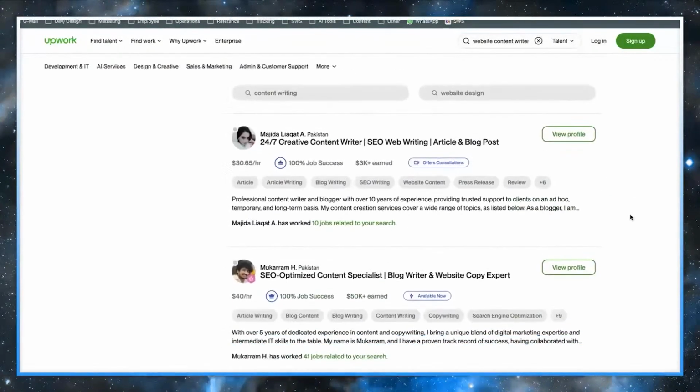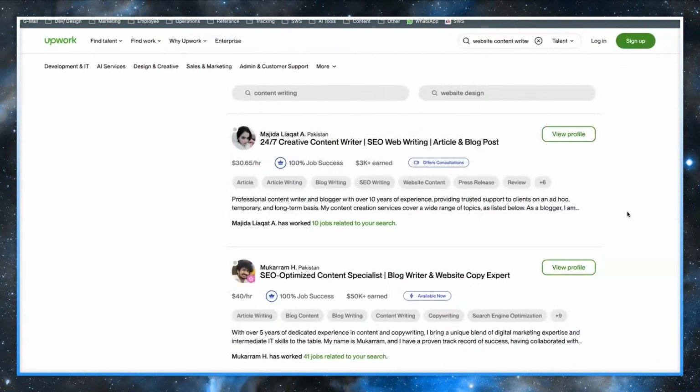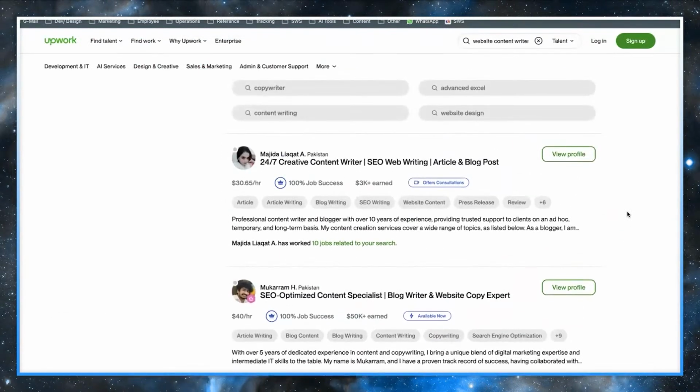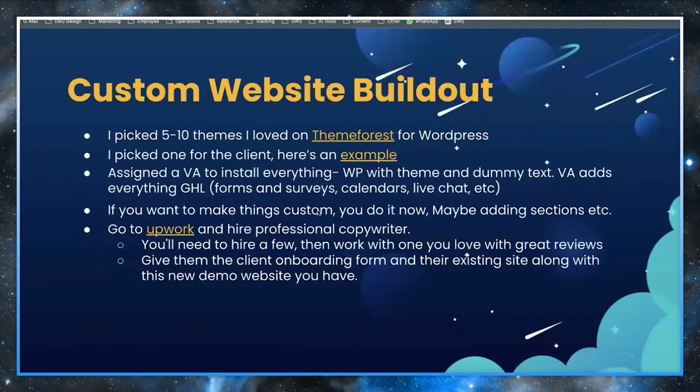If you're doing custom websites, you're charging $4,000, $5,000, $6,000. So if you're charging $6K, and for a more simplistic website like this that has services and all of this, it's not going to cost that much to have them write content across the whole website. The whole thing is going to be less than $1,000 and they will have done all of the work. So you're still pocketing $5,000 and then maybe outsourcing this for $1,000. And that's expensive, by the way. They should be done in half a day, a full day. So depending on their hourly rate, they should cost you $300, $400 to get content for the entire thing. $500, $600. Again, it all depends on who you hire. And so that's how you can do it.